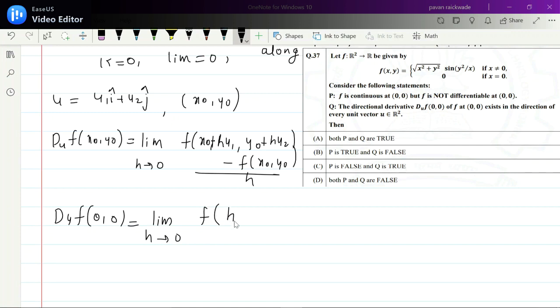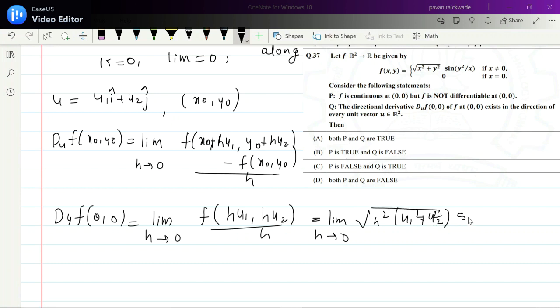f(h u1, h u2) minus f(0, 0), which is 0, divided by h, equals the limit as h goes to 0. The distance will be the square root of h squared u1 squared plus h squared u2 squared. So simply it is the square root of h squared into (u1 squared plus u2 squared)